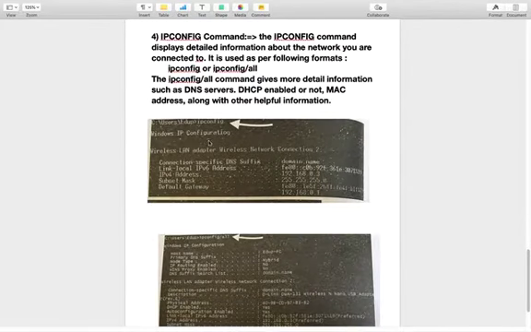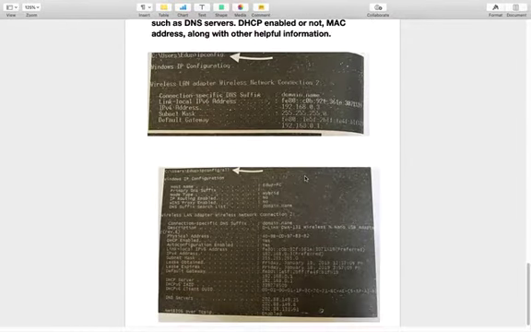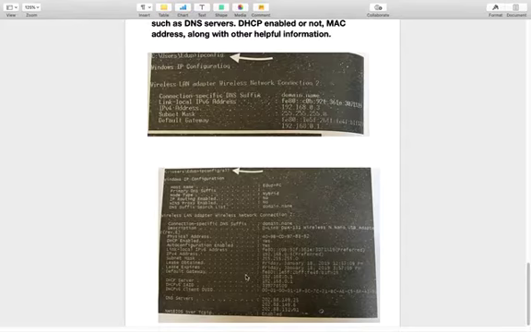It displays connection-specific link-local IPv6 address, IPv4 address, subnet mask, and default gateway. If we write ipconfig /all, it will display all the details of our network connection.